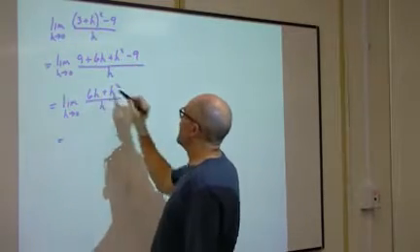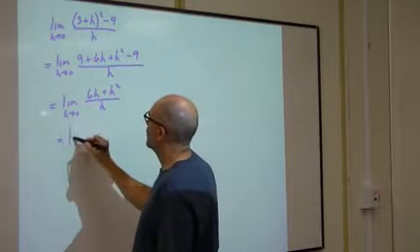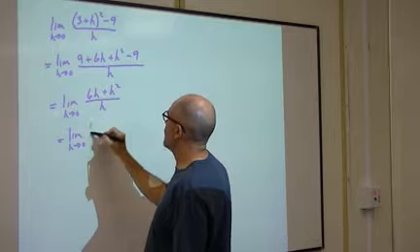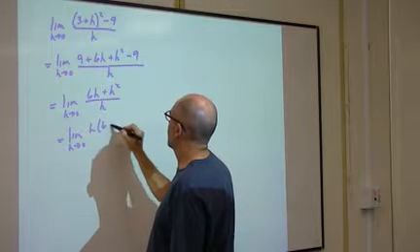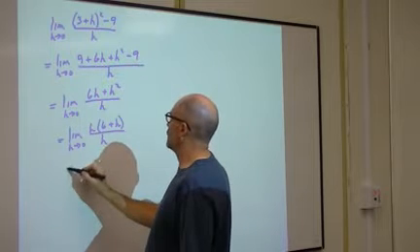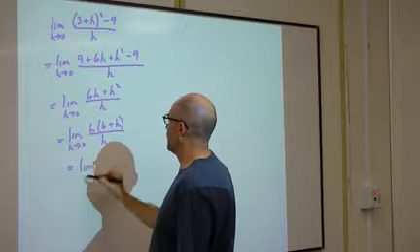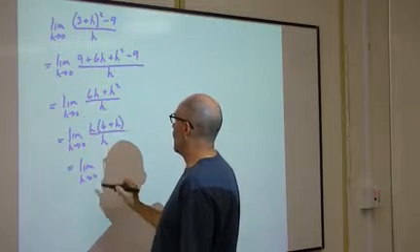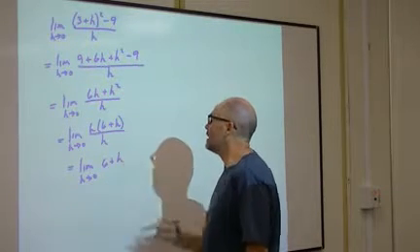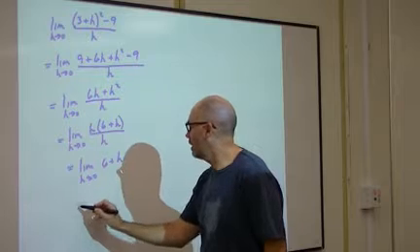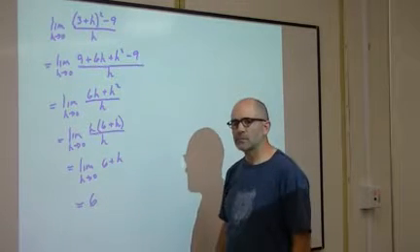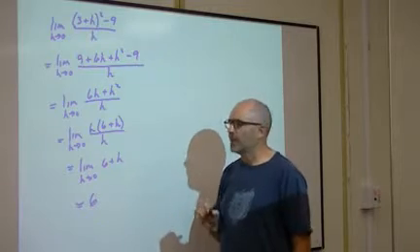Now notice the h's cancel, or if you want, I just factor an h out of the top. And now you can see the h's cancel clearly. So I've got the limit as h approaches 0 of 6 plus h. Now as h approaches 0, that whole thing just equals 6. Okay, now the